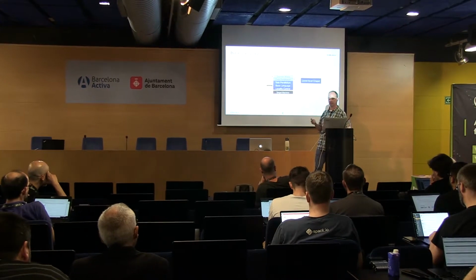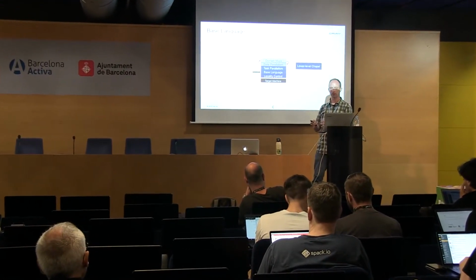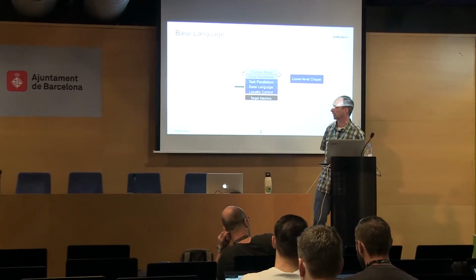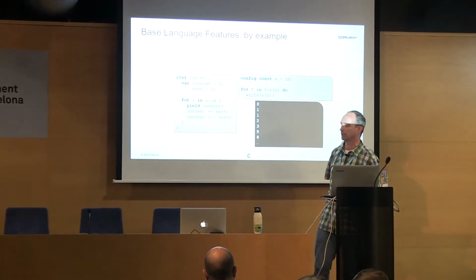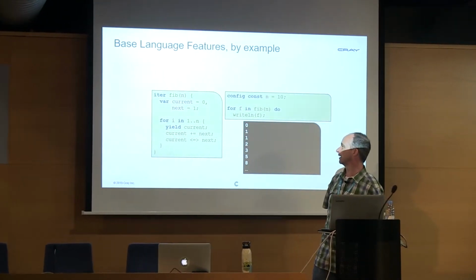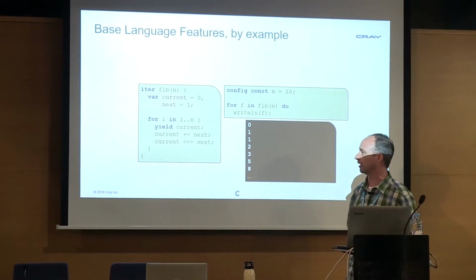And the other thing I'll say is that each of these examples I'll show you is itself a complete Chapel program. So you could type it into your editor, compile it, and run it. I'm not leaving out much boilerplate code, or any boilerplate code for that matter. And so for the base language, to illustrate, I'm just going to give you a very simple Fibonacci iterator example. The idea is that I'm basically going to feed in some value n and print out that many Fibonacci numbers.